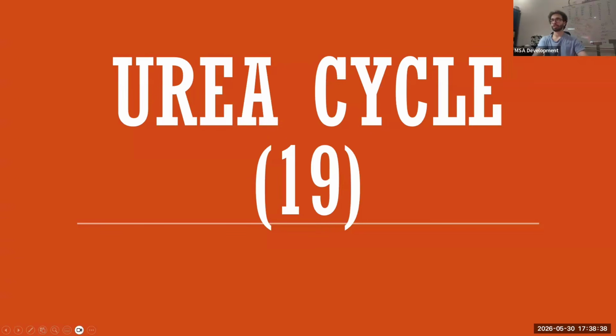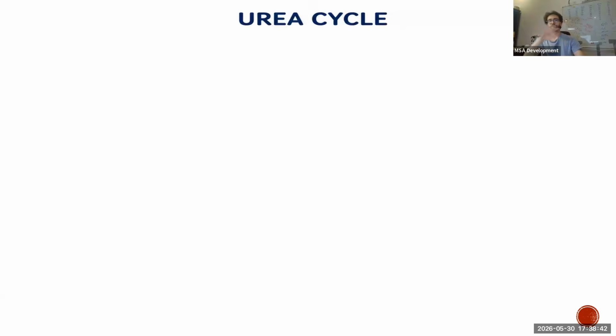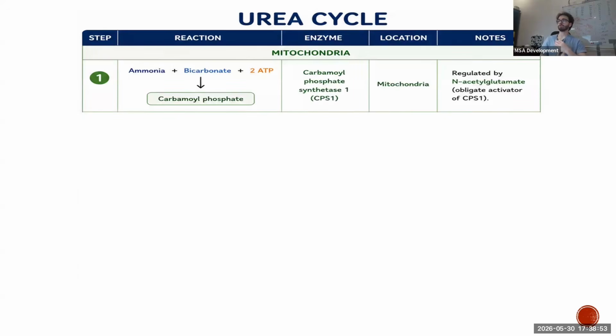Now let's move on to the urea cycle, which will be a very easy lecture, inshallah. I summarized it in just one slide. Everything in one slide. But then obviously we're going to talk about the conditions and so on, but everything you need to know is genuinely in this one slide. First of all, I want you to understand the urea cycle happens in two places in a cell, the mitochondria and the cytoplasm. It starts in the mitochondria.